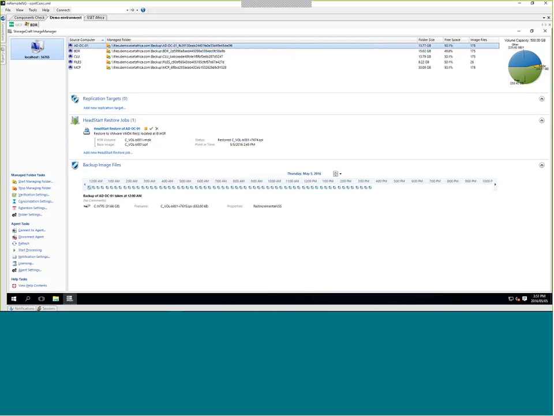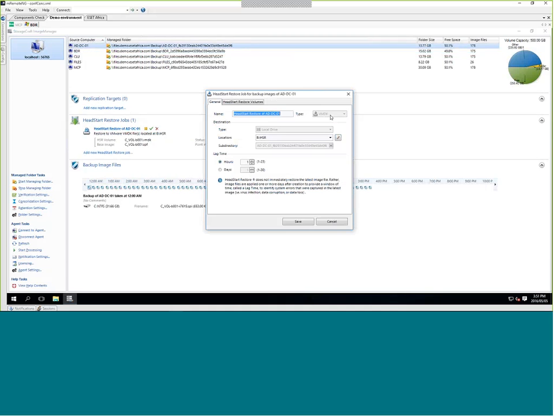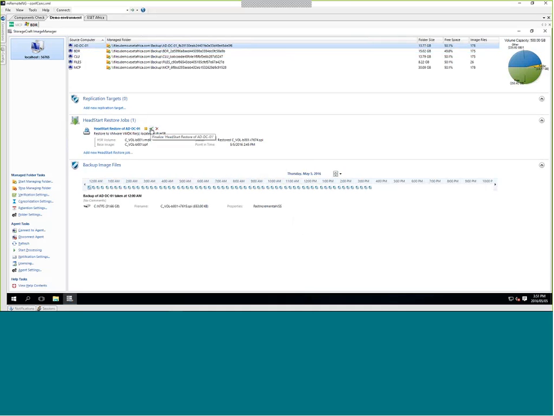Then, of course, you can also set up the Head Start Restore, which I've done for our domain controller. What I'm basically doing here is I'm sending these images to a VMDK file. So that's obviously for VMware virtualization infrastructure. And what that will then do is if something happens to my domain controller, I can just come in here, tick the little green tick in order to finalize this image, and then I can take that VMDK file, attach it to a virtual machine, obviously ensuring that I've injected any drivers during the process if I've done so, and I can actually start that machine up on VMware virtual infrastructure right off the bat.